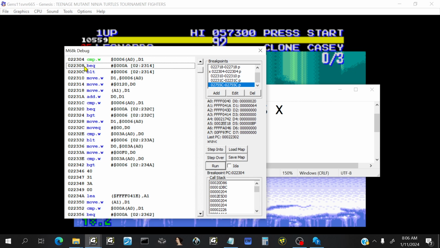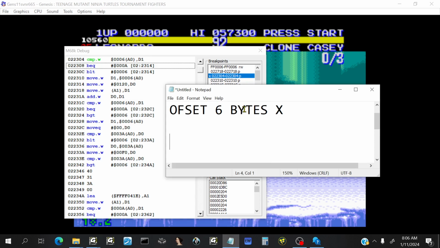Let's just set that as the only PC breakpoint. We see here that A0's base is FF0000, and in this instance, the base is FF0040. So now let's assume that we found